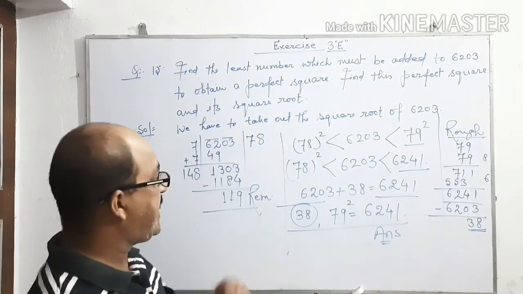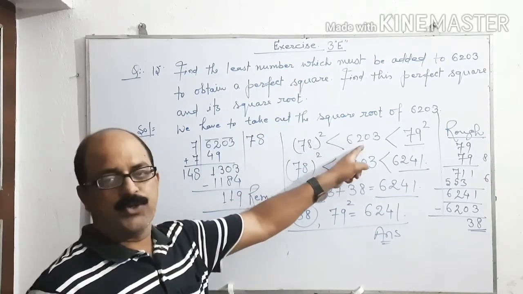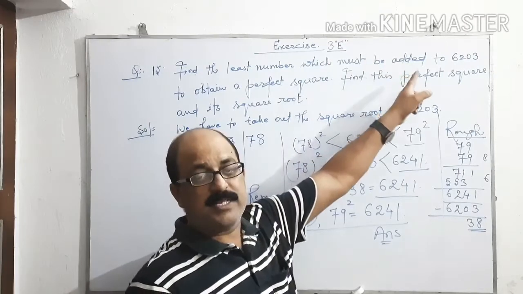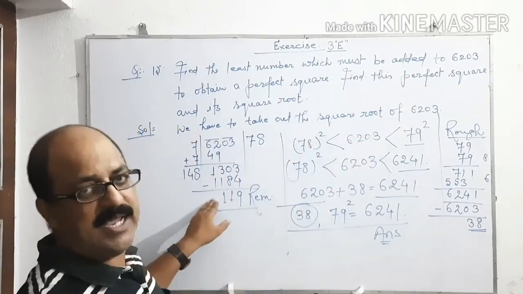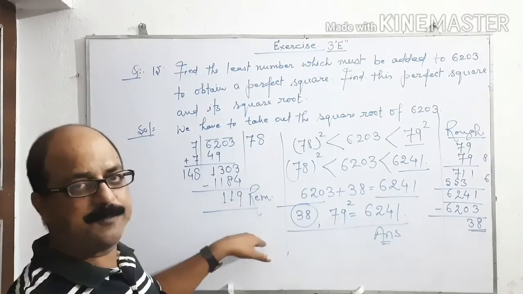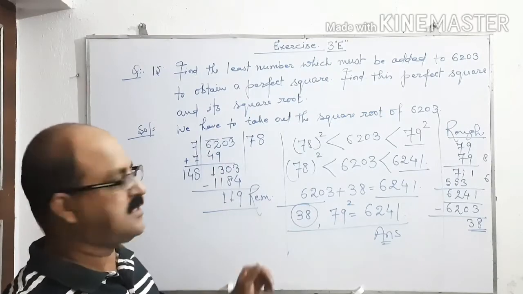Thus, what I have said is that in such works, if we need to add a number, or if a number is to be subtracted, then we have to subtract the remainder. In a previous question, if there is a remainder, we have to subtract it from the given number, and there we should get the answer.